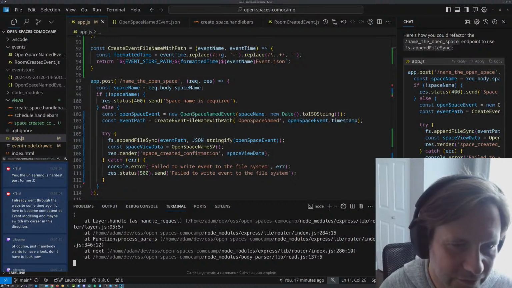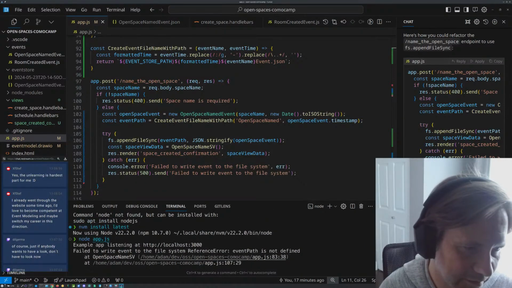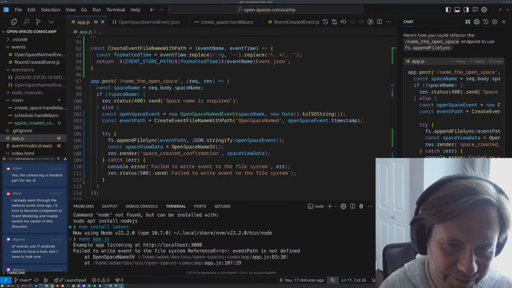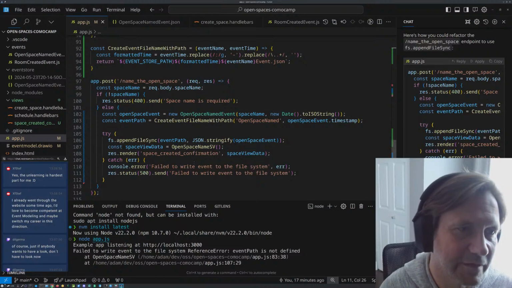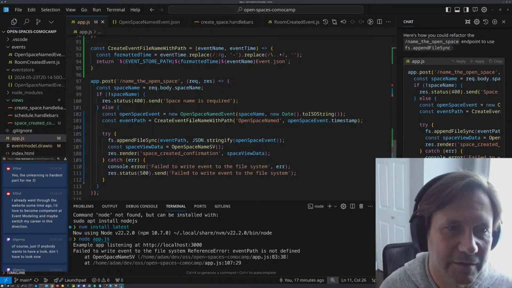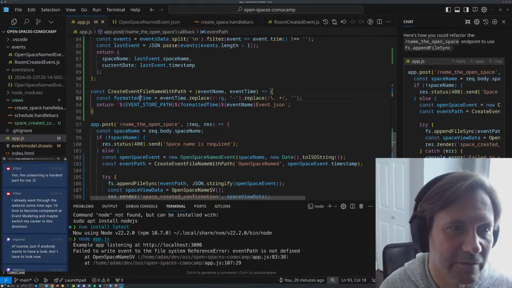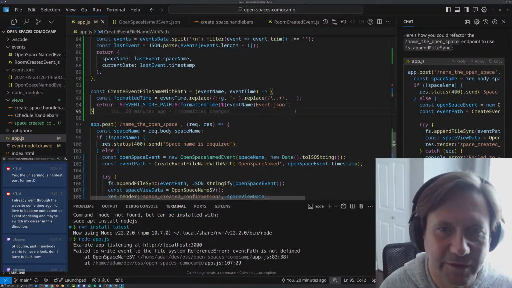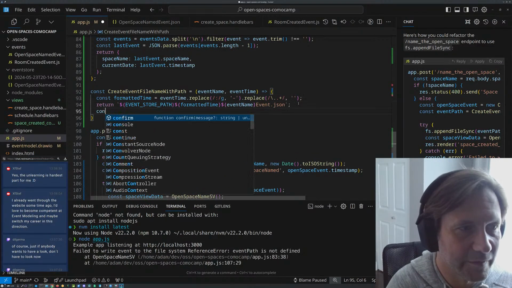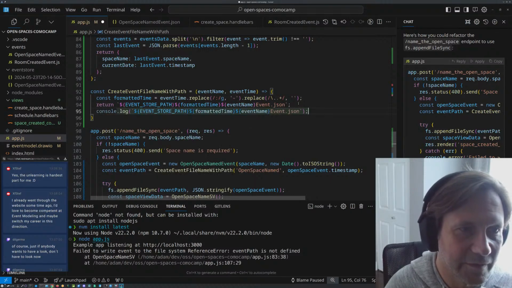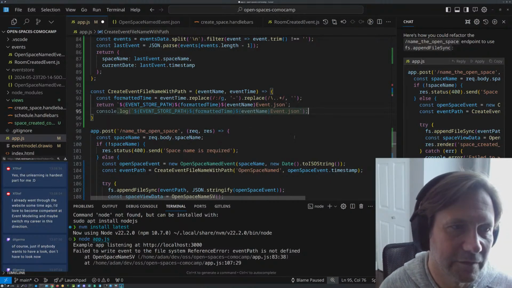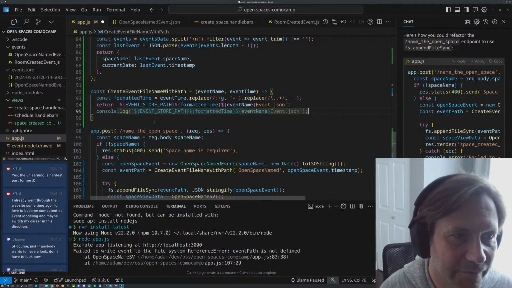Oh, shoot. Event path is not defined. Create new file. Oh, right. Create formatted time. Good old console log, right?